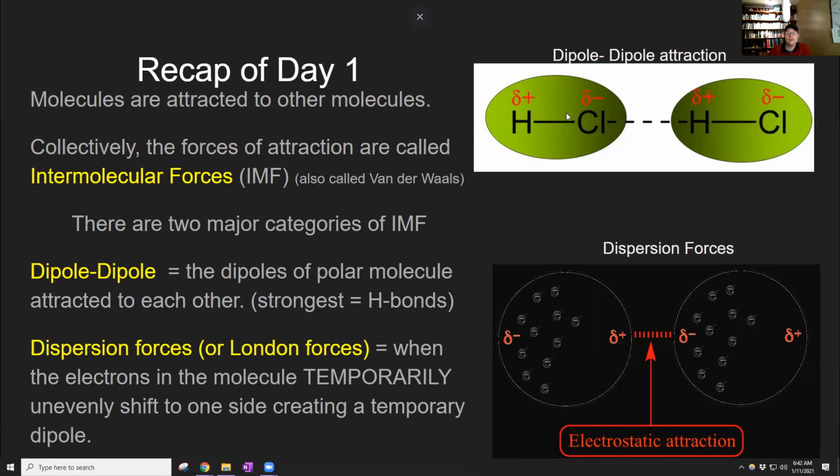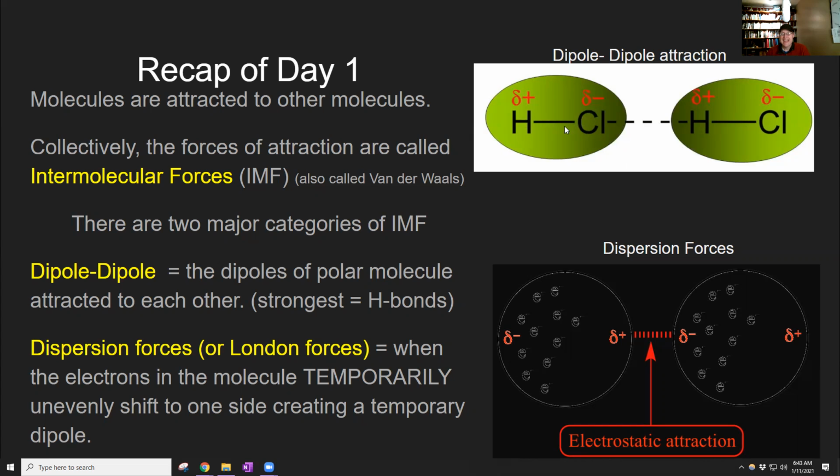Dipole-dipoles are being demonstrated, by the way, by this picture in the upper right corner, where you have two molecules of hydrogen chloride that are attracted to each other. So the positive dipole is being created around hydrogen and the negative dipole around the chlorine, and from one molecule to another molecule. So the number of molecules necessary for intermolecular attraction is a minimum of two, and they have to be